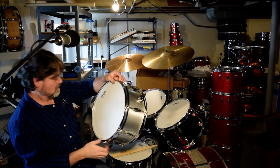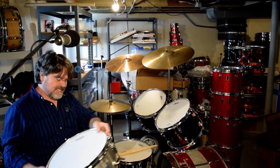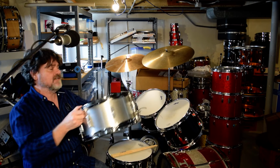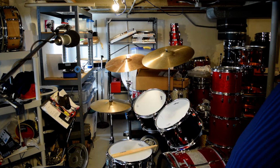Anyway. Oh, wait. Oh, it's dusty. I'm going to sneeze my brains out in a minute. But anyway, so this is it. I wanted to show you. I was going to put a tone control on it at some point, which this reminds me I should. Again, if Ludwig ever wants to make an 8-lug Superphonic,